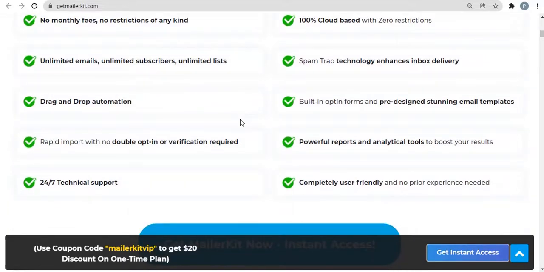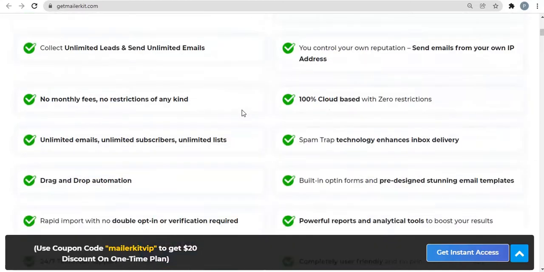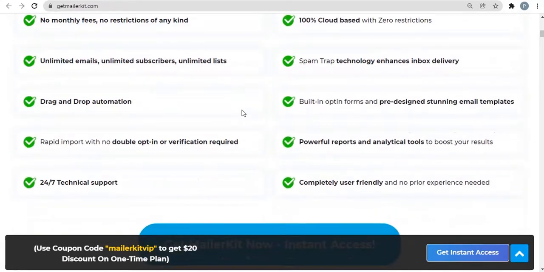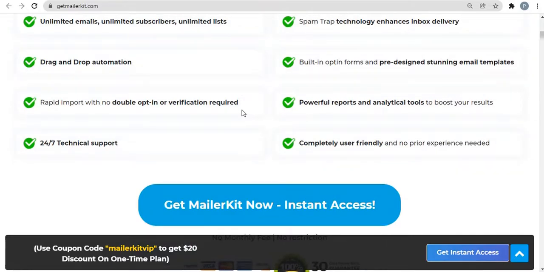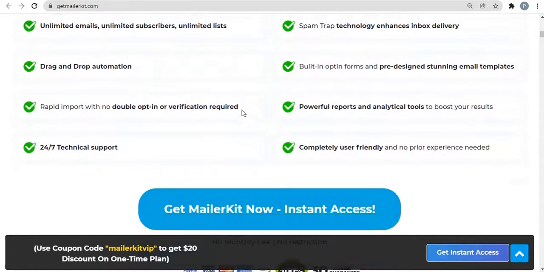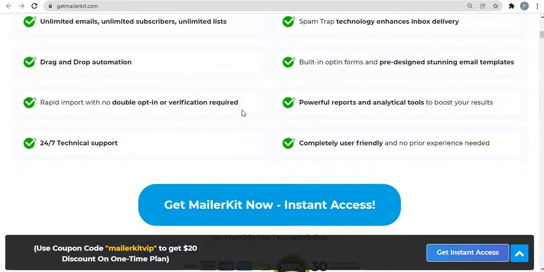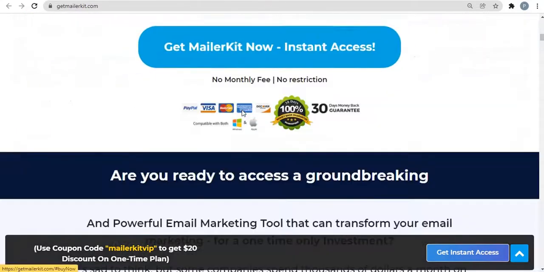Unlimited emails, unlimited subscribers, unlimited lists, spam trap technology involved in inbox delivery, drag and drop automation, built-in options and forms, and pre-designed and stunning email templates. And what else? Powerful reports and analytic tools.